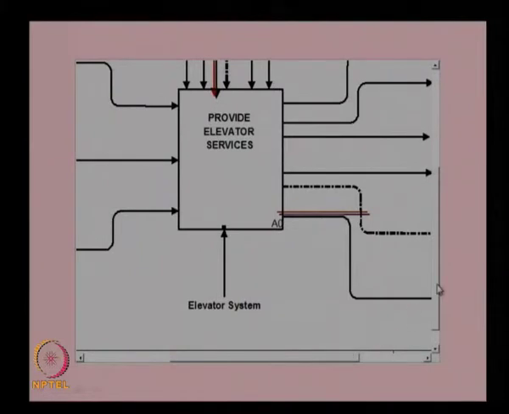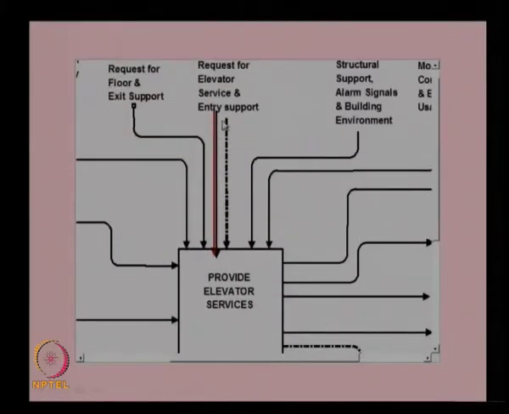You may have noticed the red line over here and a dotted line. This is basically for another purpose. This diagram can be used for tracing an input and finding out what actually happens to this input, or what kind of conversion takes place for these inputs. We will see that later once we complete the discussion about the IDF0 diagram. In one of the applications of an IDF0 diagram, I will explain this at a later stage.